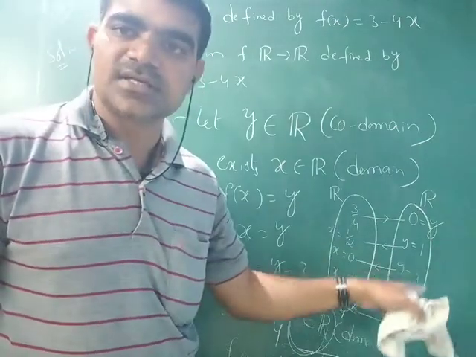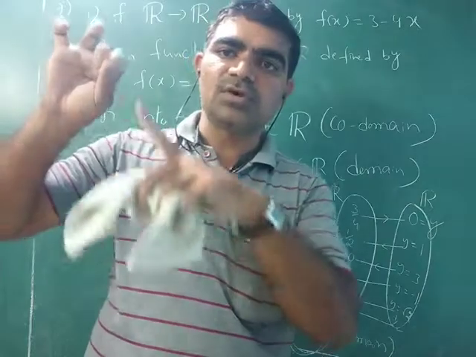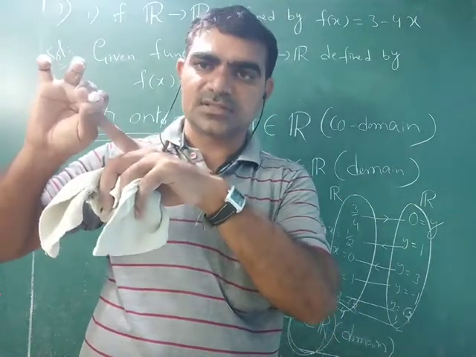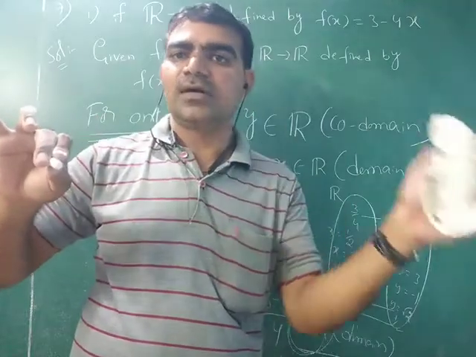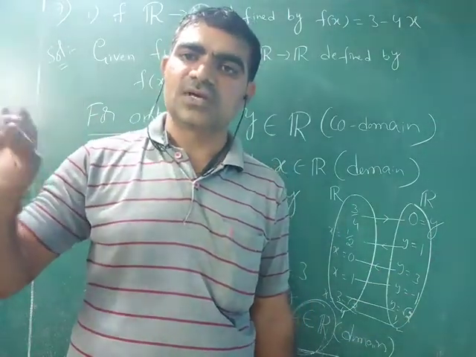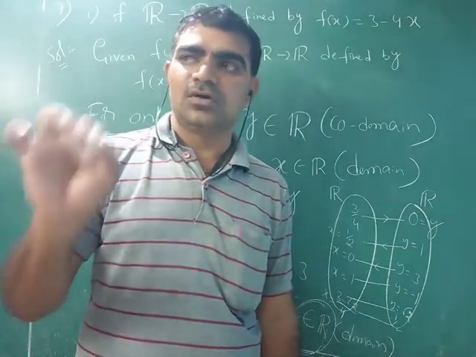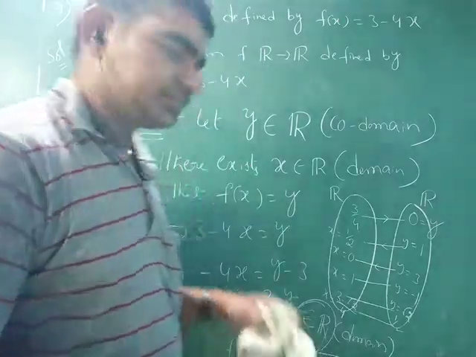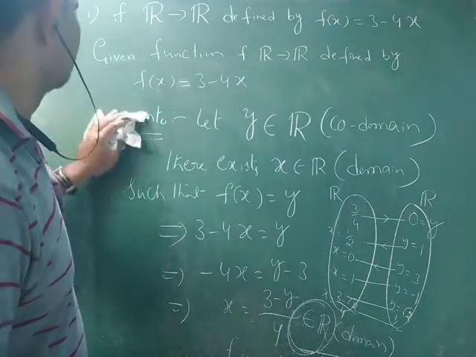So rationals, irrationals, positives, negatives along with 0. For every element of the codomain of the real number system set R, we have the pre-image in the domain R. Therefore, every element has the pre-image. So hence it is onto. Therefore, the function is both 1 1 and onto. Clear? Okay. Yes.